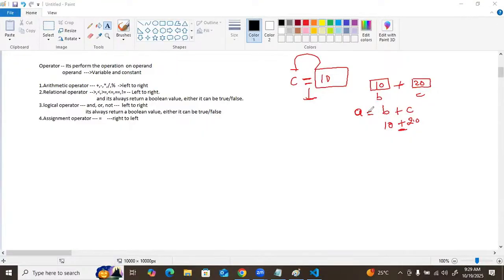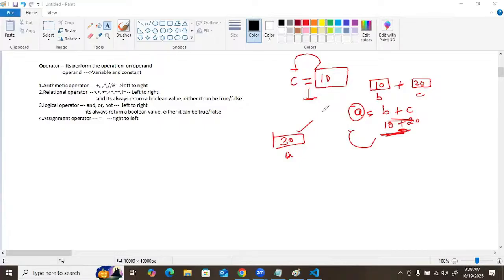And which operator is going to assign this value into A? A is also a variable. That means it's allocated a memory. Inside A, what value are we going to push, guys? We are going to push the value 10 plus 20, it's a 30. You got the point? So assignment operator is that operator which is just assigning the right hand side value into the left